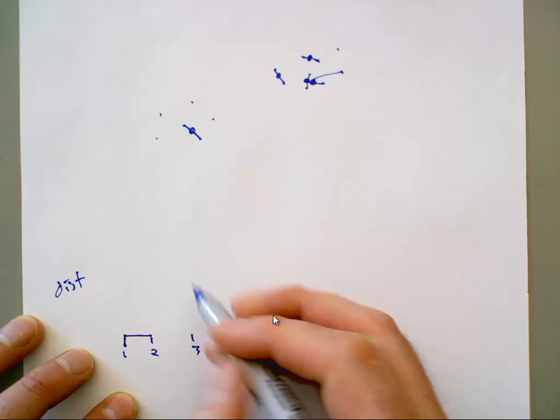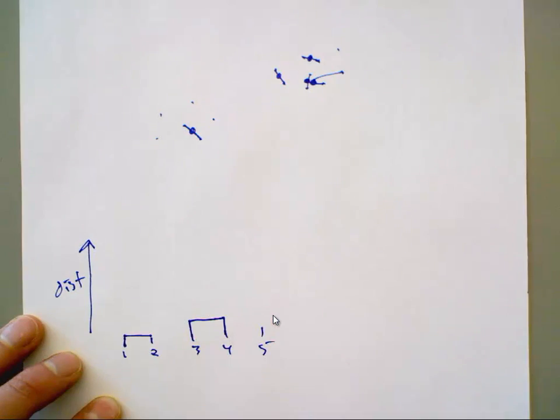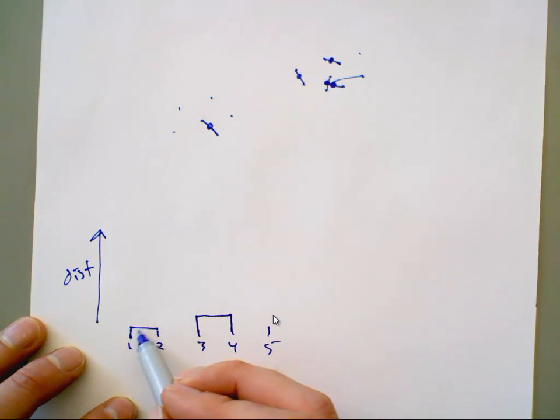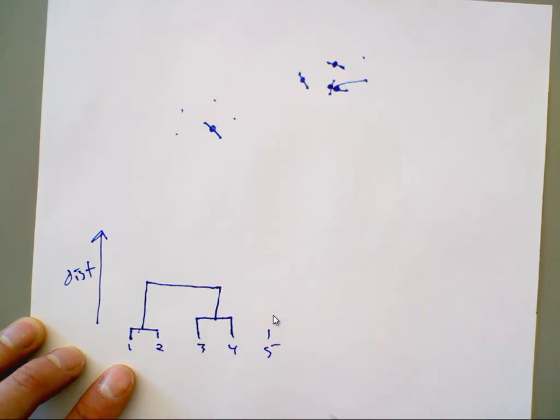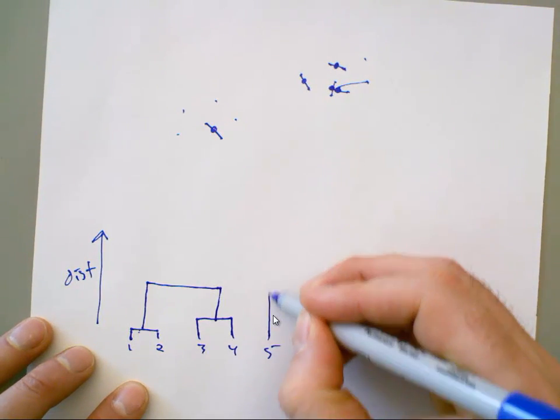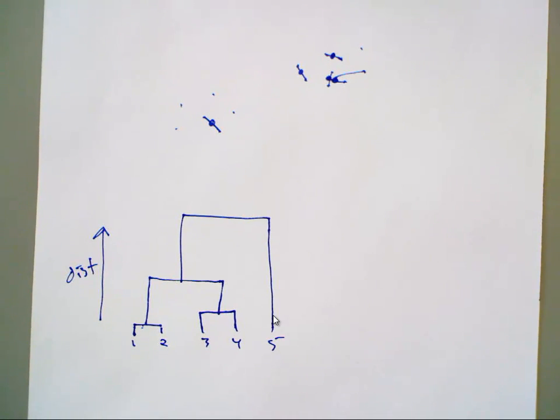And 3 and 4 are not quite as close, so they get joined at a slightly larger distance. And then eventually the cluster centroids of this cluster and this cluster are joined together there. That creates a new centroid, which eventually joins up with 5 here. So you get these beautiful pictures. This is called a dendrogram, and that's what you get when you do agglomerative clustering. It's very pretty and looks nice, and biologists love this kind of stuff. So if you need to make a dendrogram, maybe you need to do agglomerative clustering.